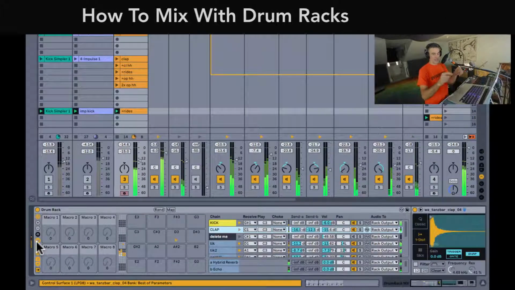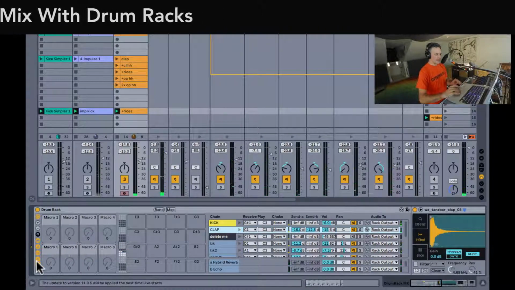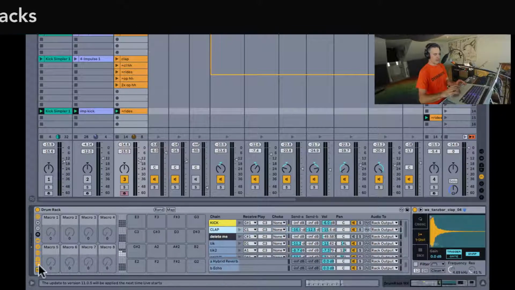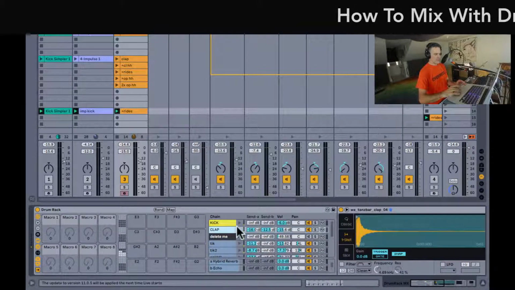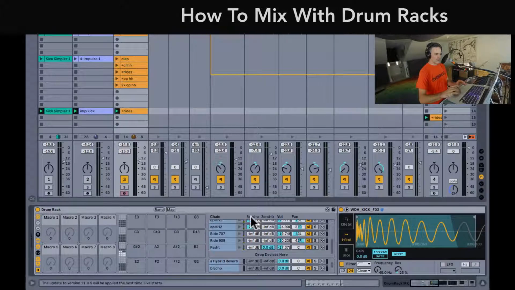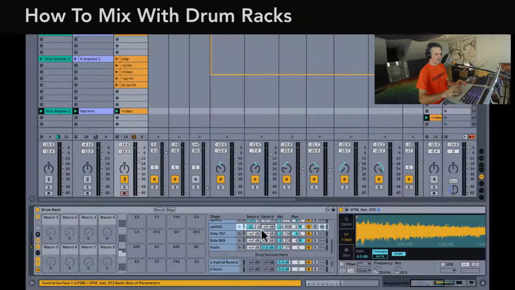I know it's not the same as having knobs to control on your send view, but what we did was I opened up the return section first. I dragged a reverb and a delay in there. And then by looking at the send view in Drum Rack, we can see that each sound, like kick, clap, hi-hat, whatever, has an A level that goes to the reverb and a B level in that field that goes